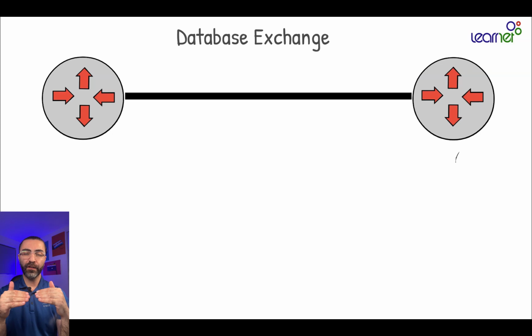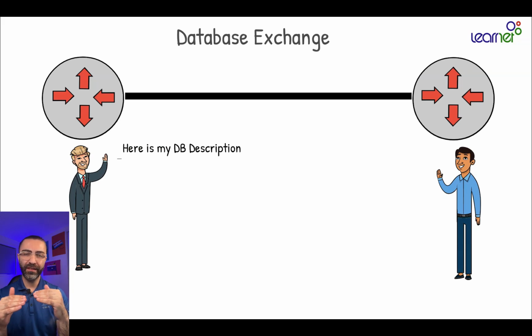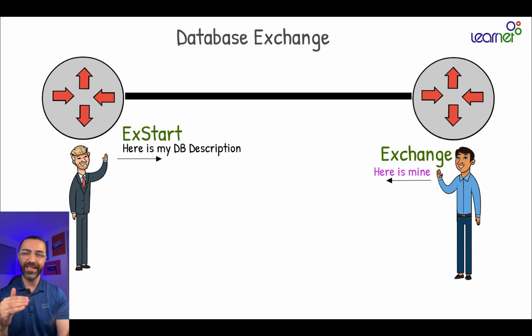Once the neighborship forms, it is in two-way and routers are ready to exchange their information. The first information they exchange is their DB description. In this stage, the neighborship state goes to ExStart, which means exchange start, and then the exchange. And once that description